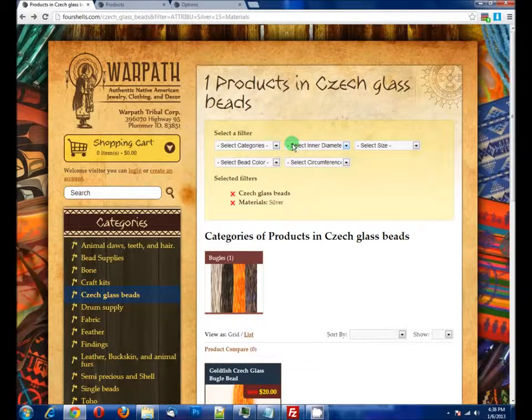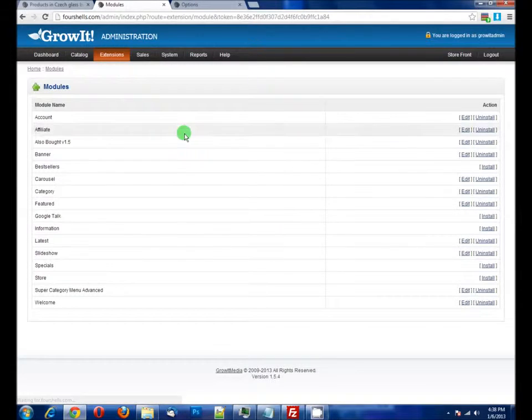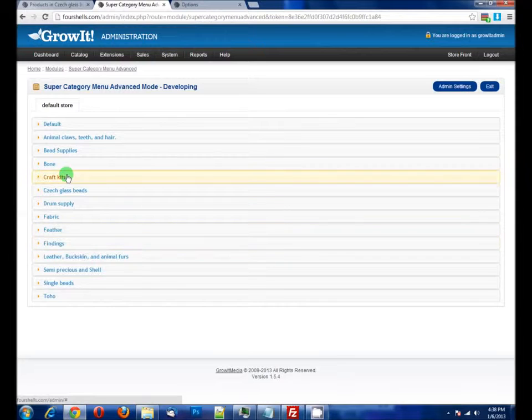So to make them show up, after you have maybe added a few new options or attributes, you would go to your administration window, and under the extensions modules, this feature is part of the super category menu advanced module. So at the very bottom here, super category menu advanced. Click edit, and these are all of the categories